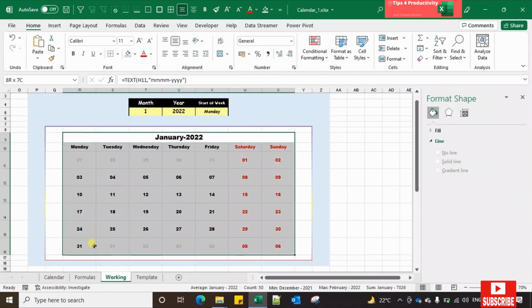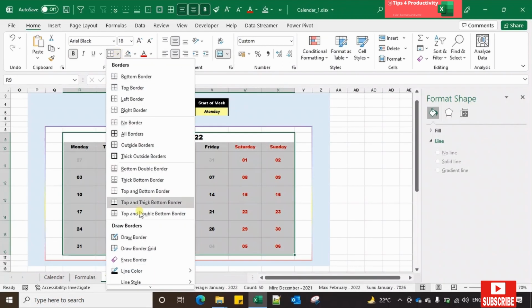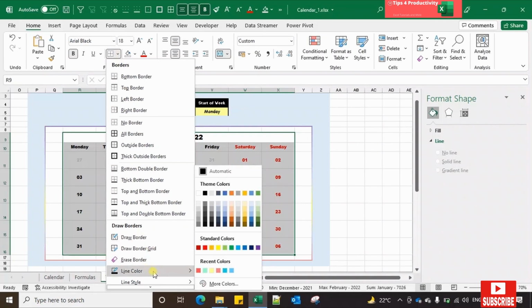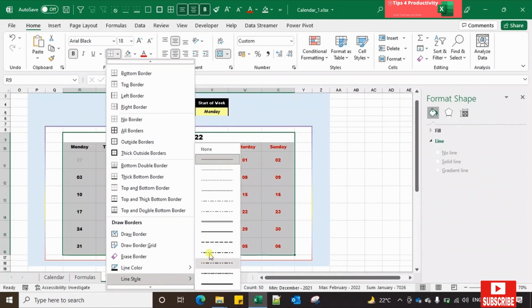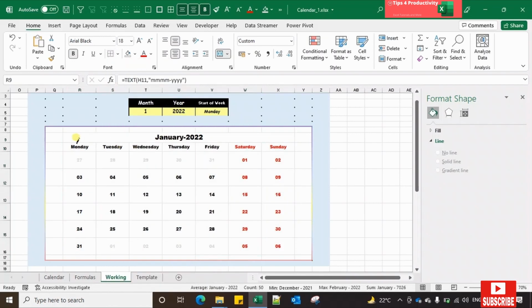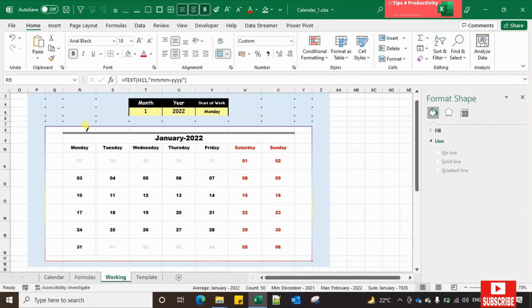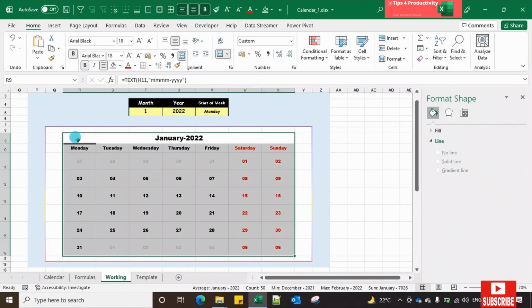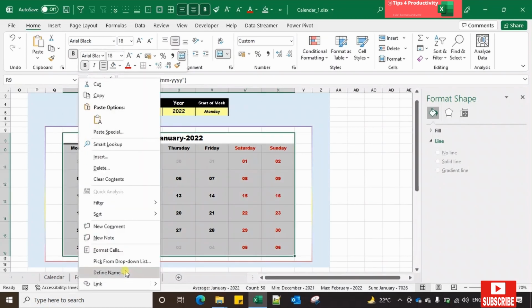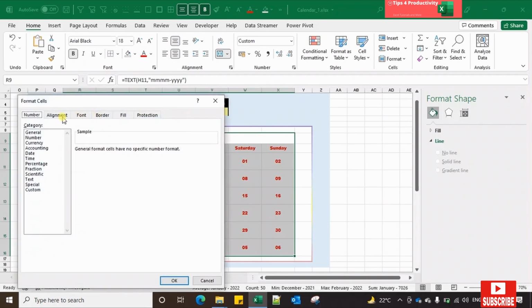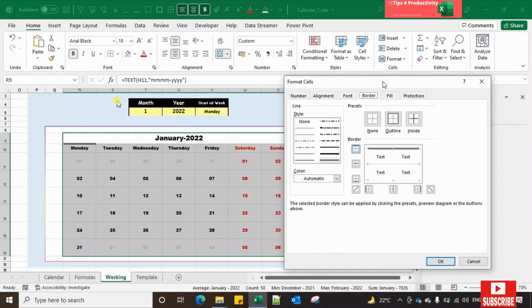I just want a border across here, and I will draw my border by selecting the line, color and style. Let me use a double line. Go to format cells, borders. I'm using double line. I will select